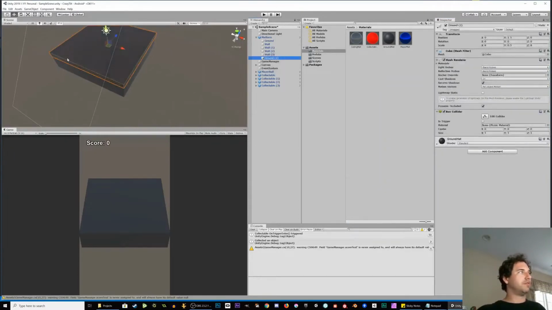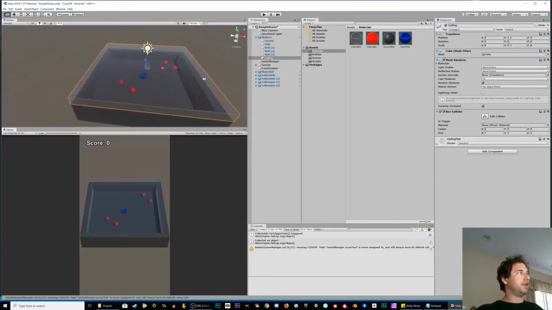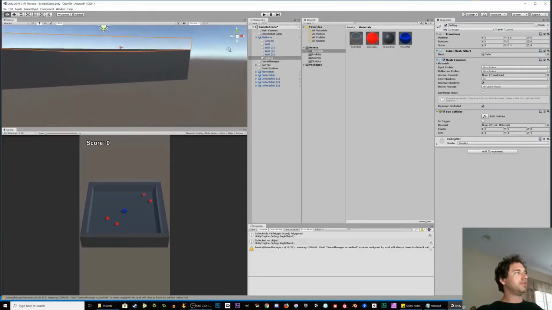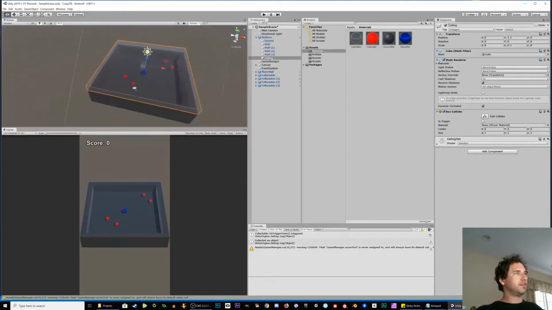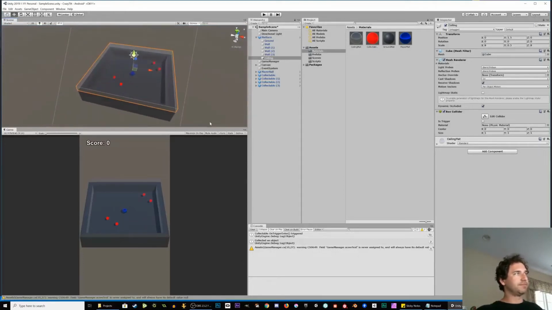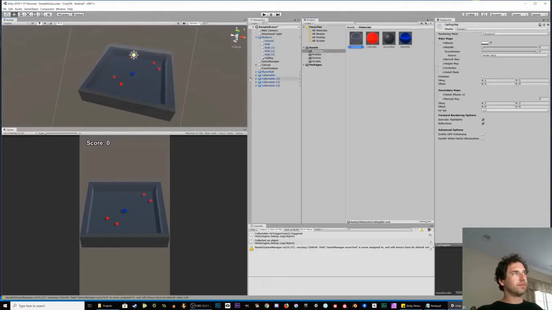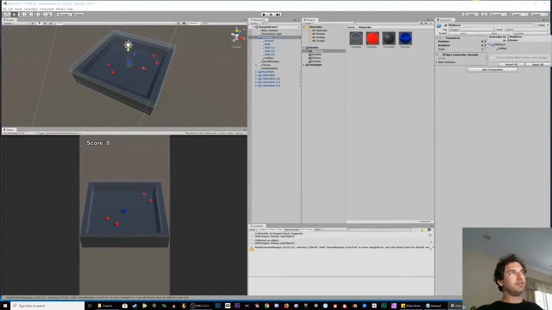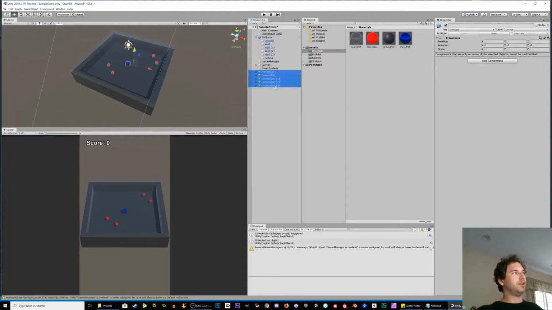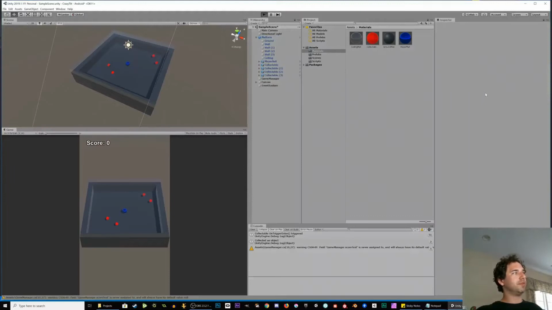We'll take our ground 1, which was what we duplicated and moved up. We're going to call this ceiling. And then we're going to drag and drop our ceiling mat onto this. And now when you fly around, you'll see that it reflects the sky as if it were glass. Okay, so definitely apply all overrides with that ceiling. Then take your player ball and all your collectibles and drag them onto the platform. Awesome. So when we press play,